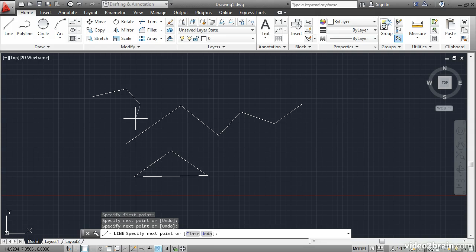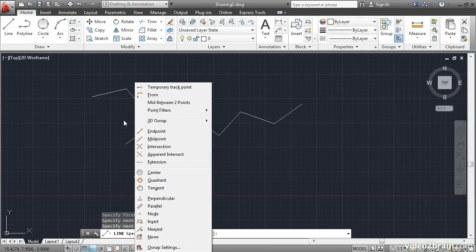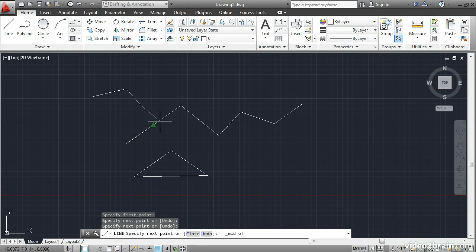Now I'm going to hold down the Shift key and right-click to open a special context menu that has a list of object snaps. Object snaps allow you to connect objects to other objects at specific geometric points. I'll click midpoint and move the cursor around, and you'll see that green midpoints will appear on each line segment. This allows me to snap precisely to these specified points. So the object snap is a bit like an adjective in this sentence that I'm writing. I'll click here to draw the line segment, and then I'll put a period on the end of the sentence